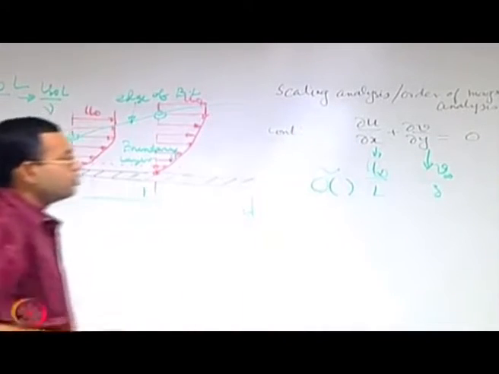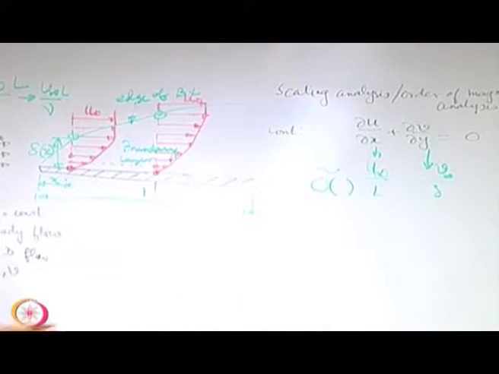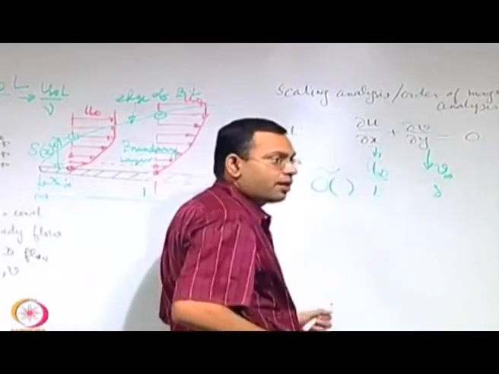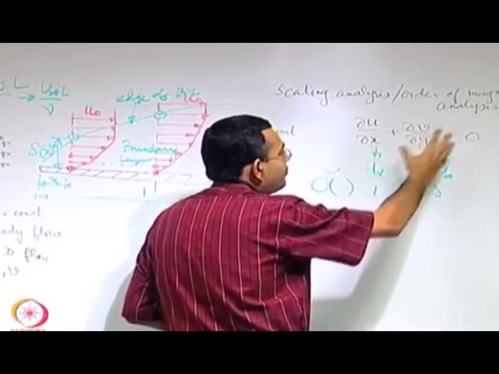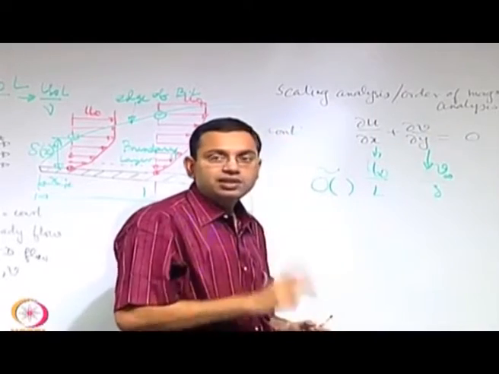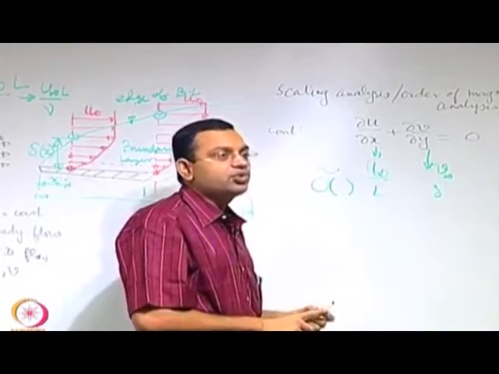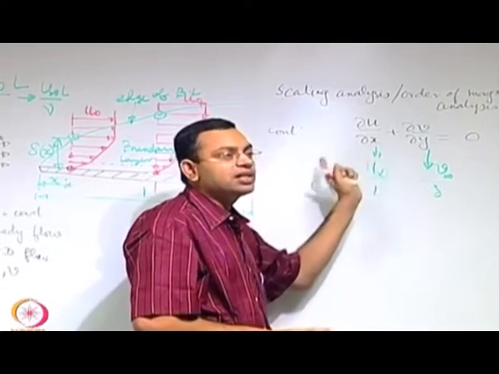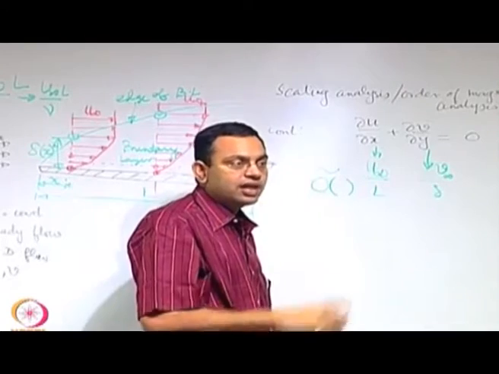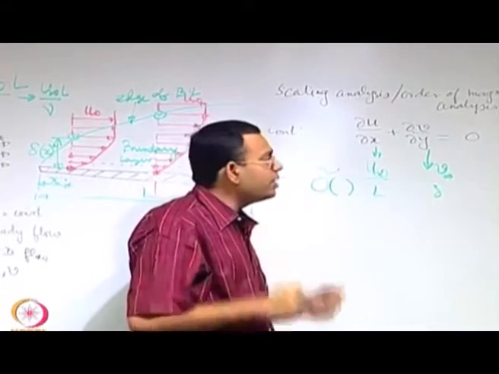Now look at the governing equation. There are two terms. These two terms are somehow adding an effect that the net result is 0. That means each of these terms should be of the same order of magnitude and one term would be of opposite sense than the other, so that they get nullified. What do we mean by this?